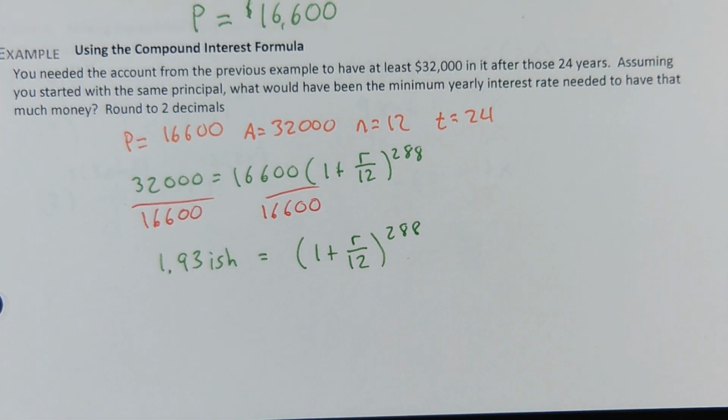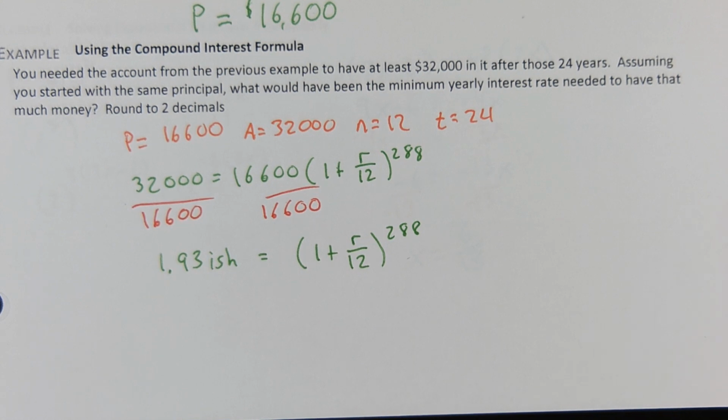Clearly, R is trapped inside a set of parentheses that has an exponent, which means I need the exponent to go away. How do we typically cancel exponents? Radicals of some sort. So we could technically do the 288th root of both sides. But I'm going to be honest with you,